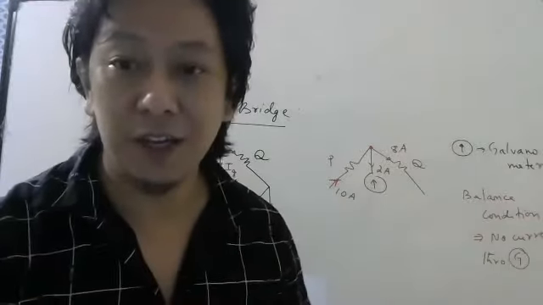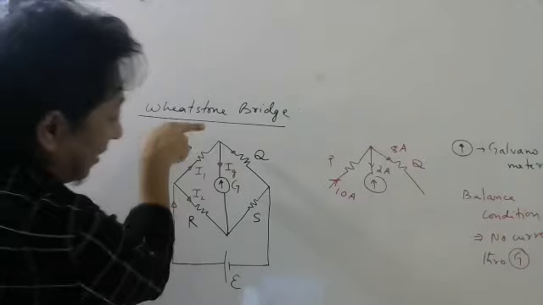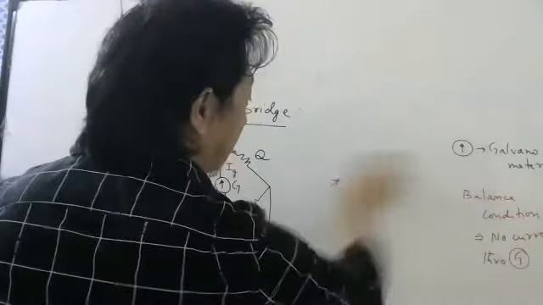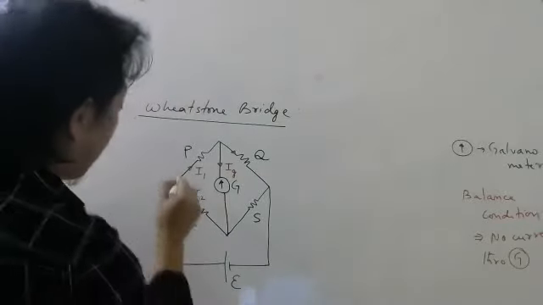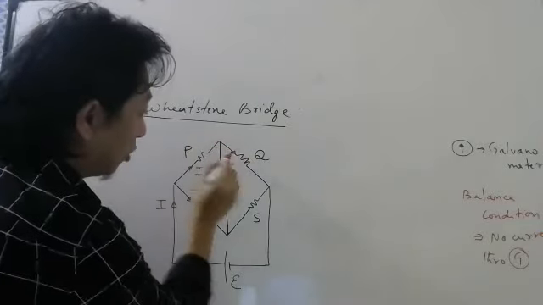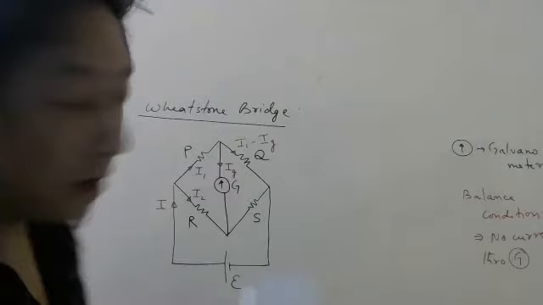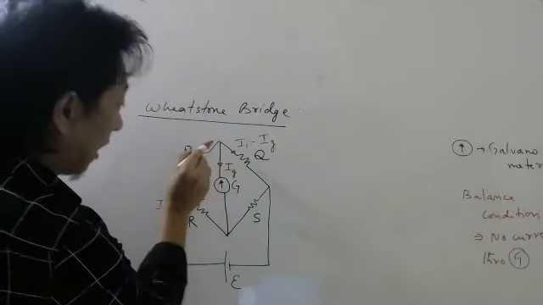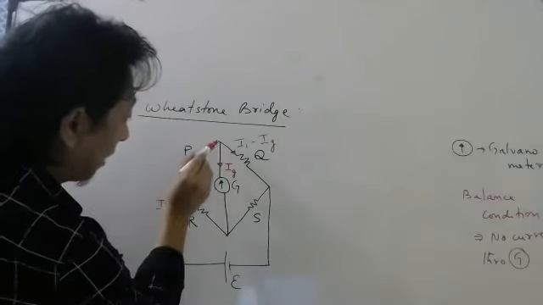So let us not try to create more variables. Let us not write I1, IG, I3, I4, I5 like that. Let us try to reduce the number of variables. So if I1 is coming and IG is going here, the remaining will go here. So how much will this be? I1 minus IG. What I have done is applied Kirchhoff's current law. I1 is coming, IG is going here, remaining will go here, that is I1 minus IG.